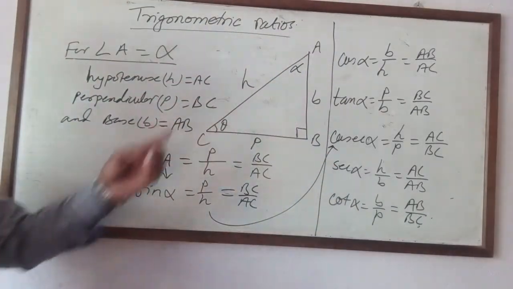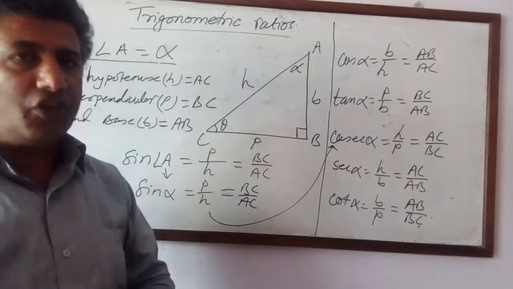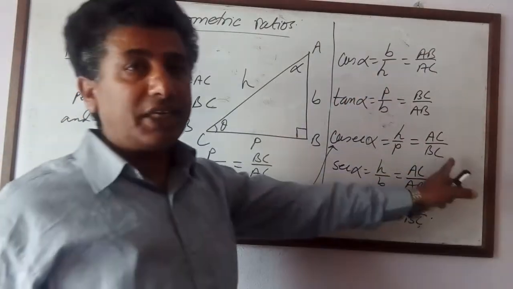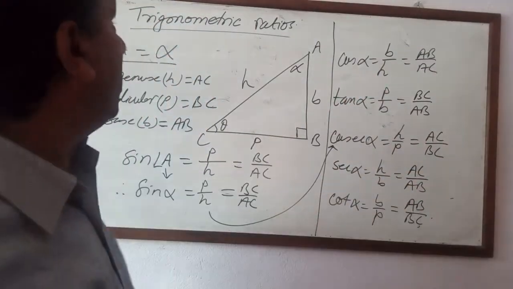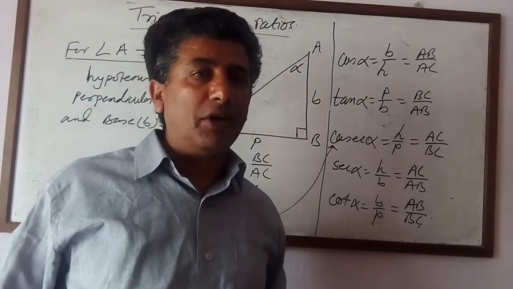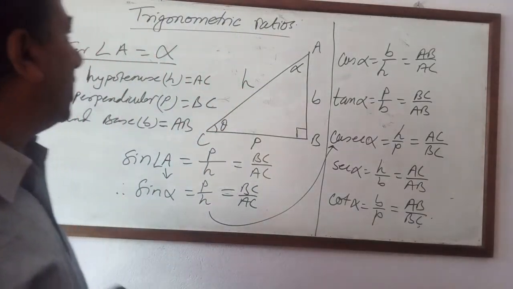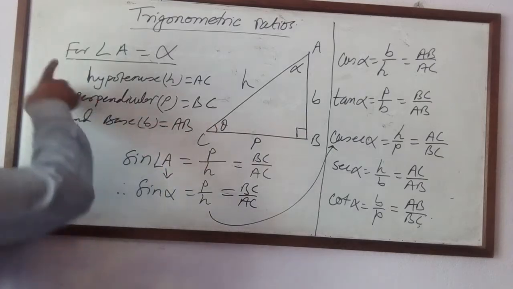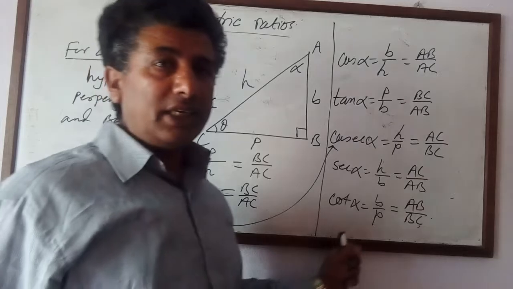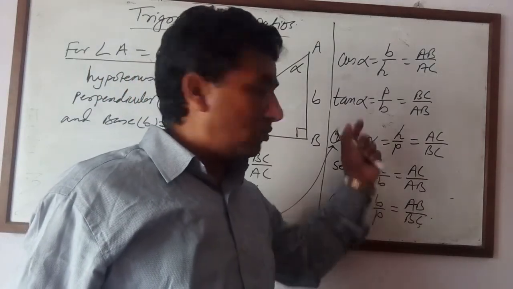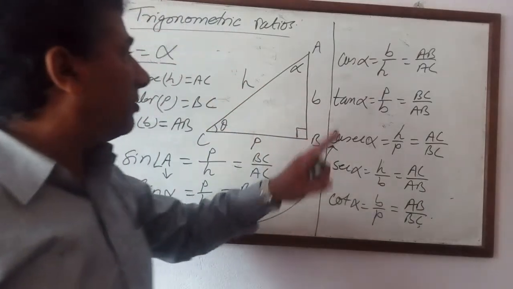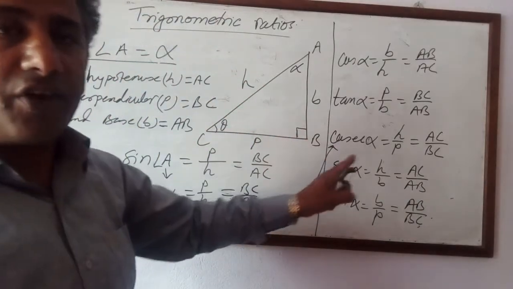In this way you have to write the 6 trigonometric ratios. These are the methods of how to write the 6 trigonometric ratios. Today after this, I will prove one formula, the reciprocal product form, the reciprocal formula. That is very important. In this way you can go to the exercise. There are many right angle triangles given, so you can write the ratios like this. Use this only for a right angle triangle.